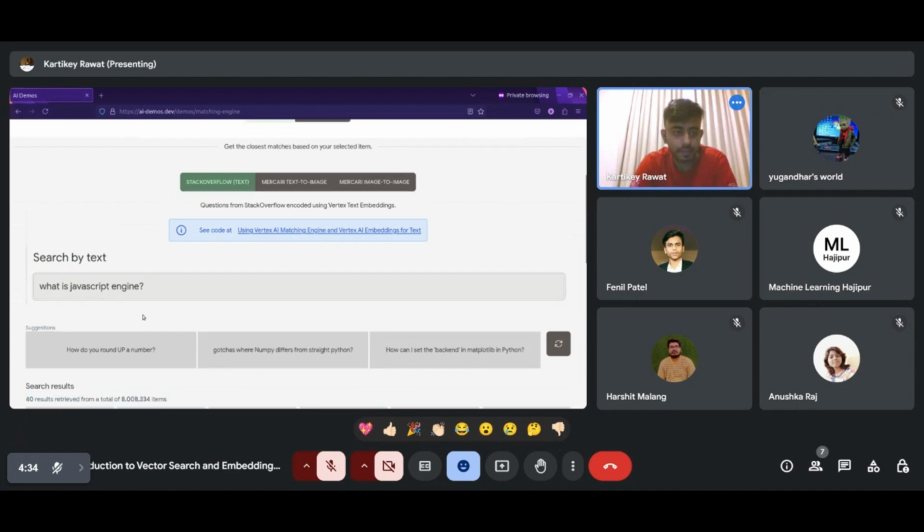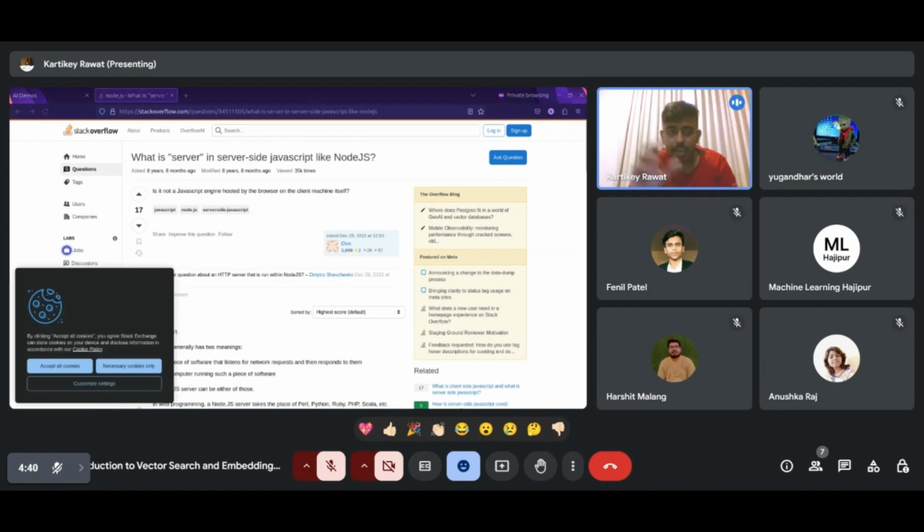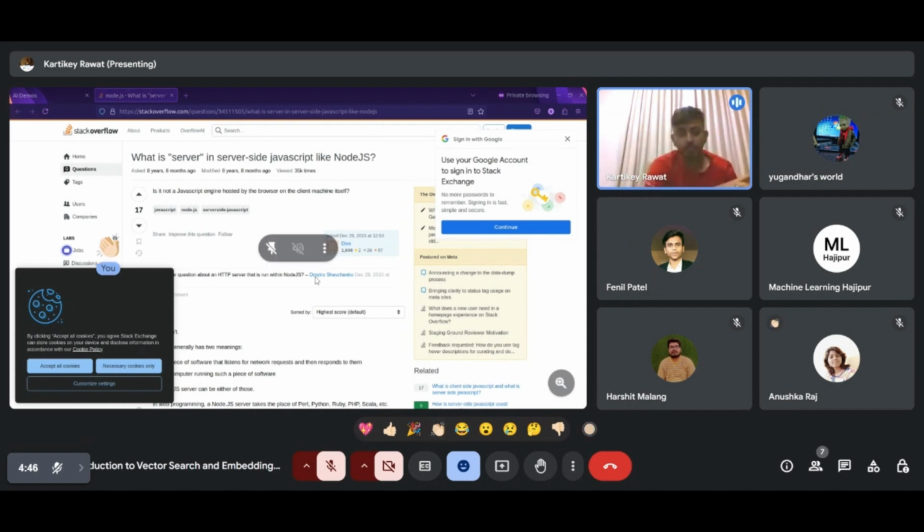Okay. So we will get, maybe if let me click over it. So it will tell about each Stack Overflow link around it. So we are kind of wrapping it up in that sense. Okay. So this is one of the demos which basically tells about why it is a use of vector search. Like